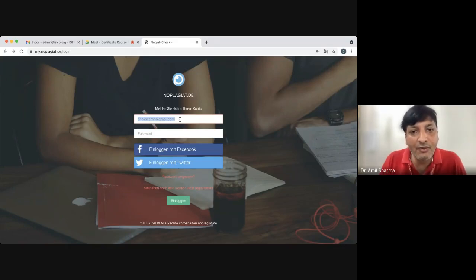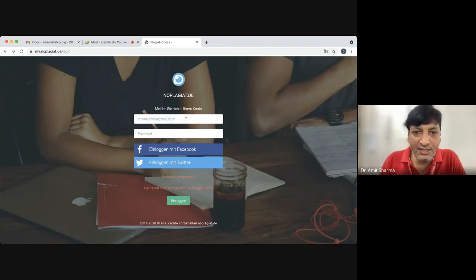Your student account will be converted into an educator account, and you are going to get around 20 documents to be scanned in a month. Each month it is going to be revised. It is not like once you have finished with 20, then you are not going to get a document. Every month it is going to be revised, and there is no word limit. There is no limit for the number of pages. You can scan as big documents as you wish.